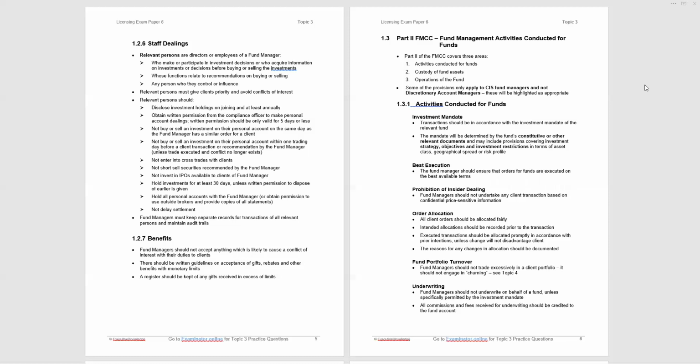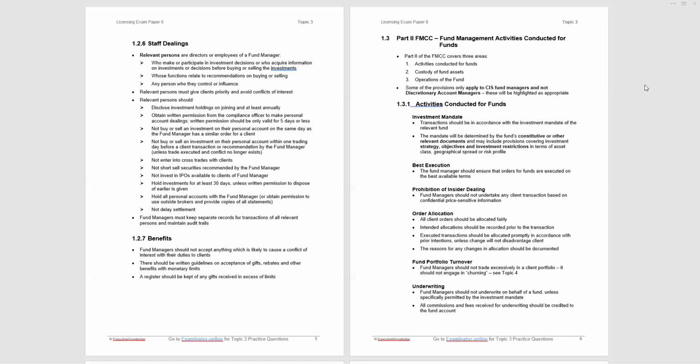Okay, once we know who the relevant persons are, then we must be aware of the conditions that apply to them with regard to dealing. And please have a review of those points. Are they all going to be examined? No, they're not, but could some of them be examined? Yes. So you start to see, we've just started topic 3. There is a lot of detail. So we want to take on as much as we can and then do the questions to get up to speed with short-term memory.